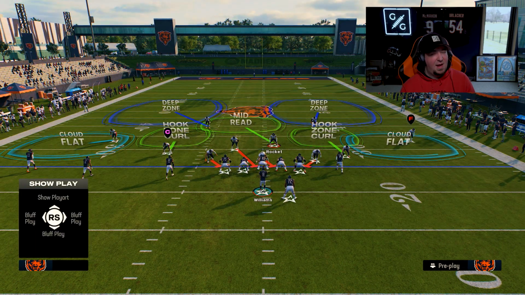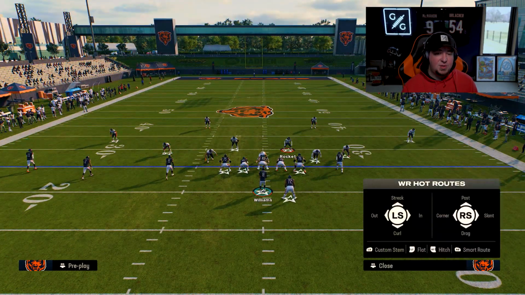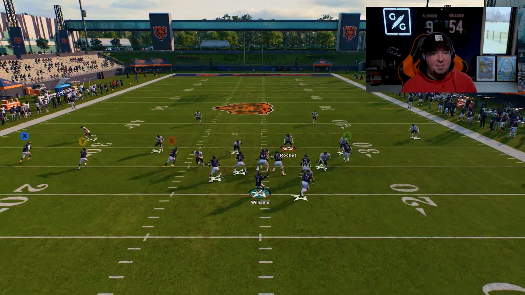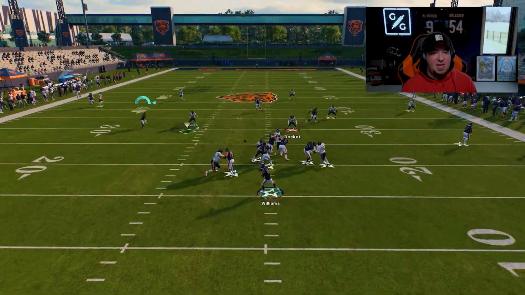These are the stock zones found in a cover 2. We will get to the vertical hook here momentarily, but let's show you what a shaded down hook zone curl looks like. So once again, we're running this return pivot route over the middle. Let's run just the meta setup for this play. We snap the ball, and you're going to see here that the shaded down hook zone curl